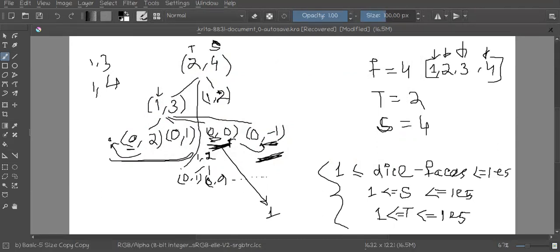As you can see, I have just solved these many states right now, and I did not solve this particular state till now, right?